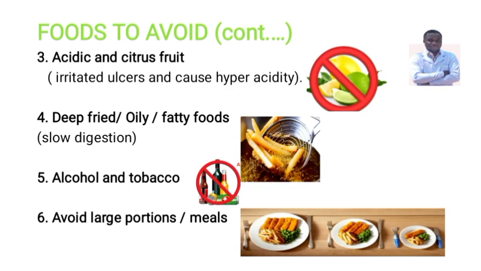Here we have the small meal. A patient with peptic ulcer disease must utilize small meals, must avoid larger portions. They can take small meals frequently in a day, because when we take the